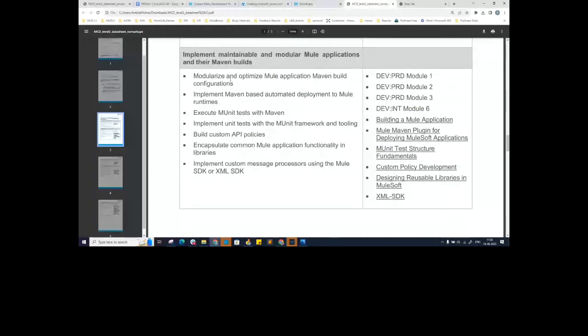So what is a BOM file basically? A BOM file is an organization level file. Now, when you work with Mule applications, every now and then updates happen, right? So let's say you are working on a project using HTTP connector version 1.17.1, and I am working on a project using HTTP connector version 1.16.8.